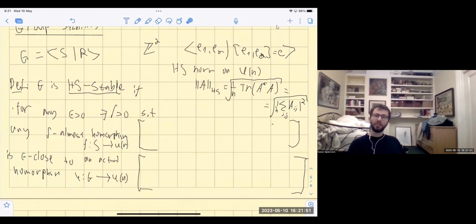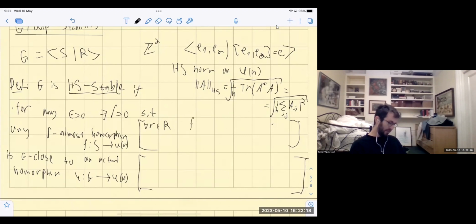And for it to actually define a homomorphism, I need the relations to be satisfied. Okay, so a delta almost homomorphism from S to U(n) means that for all r in R, where r is a word in the generators, for example it could be the commutator,